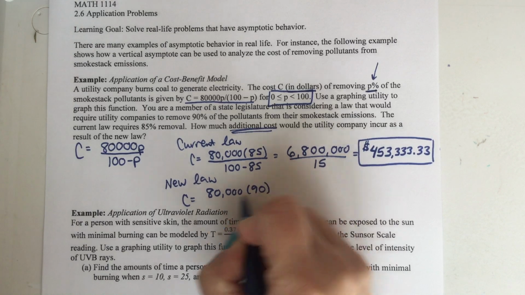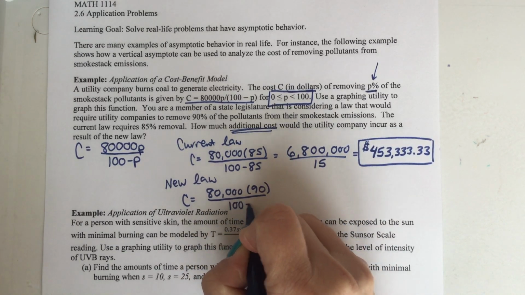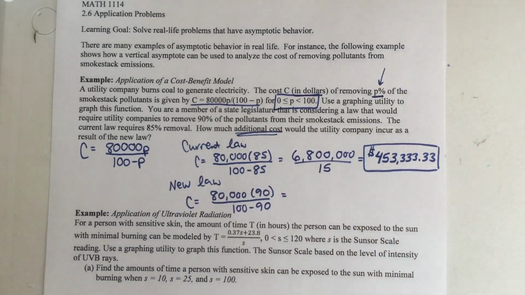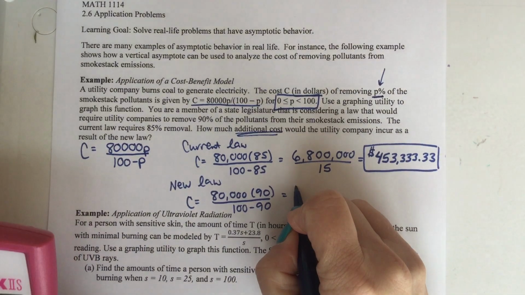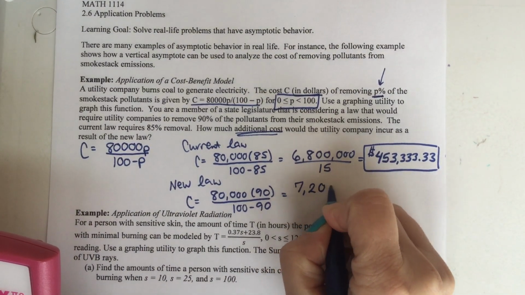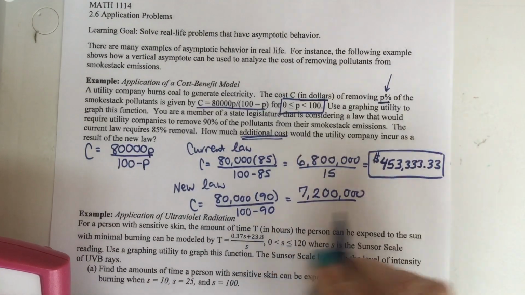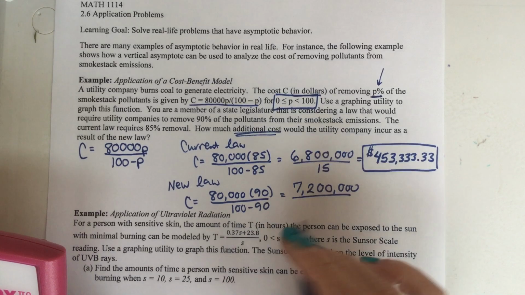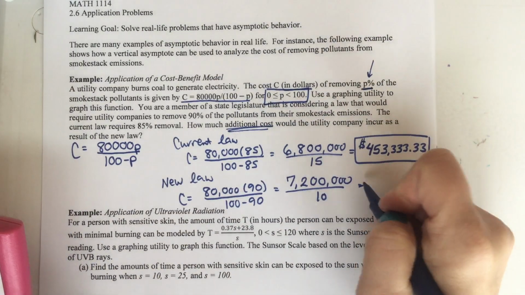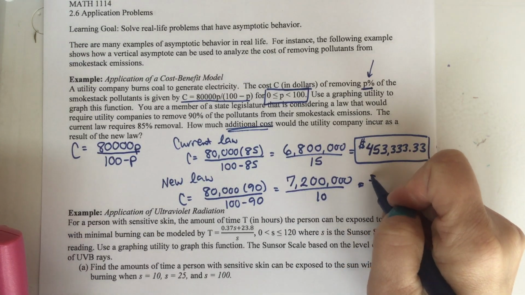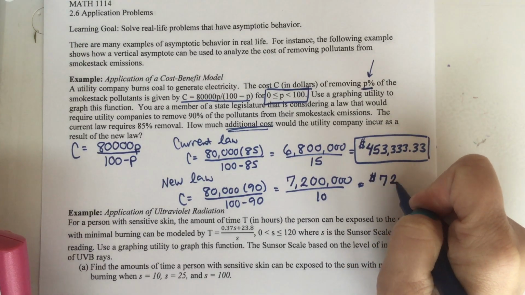80,000. Now you're removing 90%. Let's go ahead and calculate that. So if I have 80,000 times 90%, holy smokes, this is 7,200,000 divided by 100 minus 90, which is 10. So when I divide by 10, all I'm doing is crossing off a 0. So it ends up being